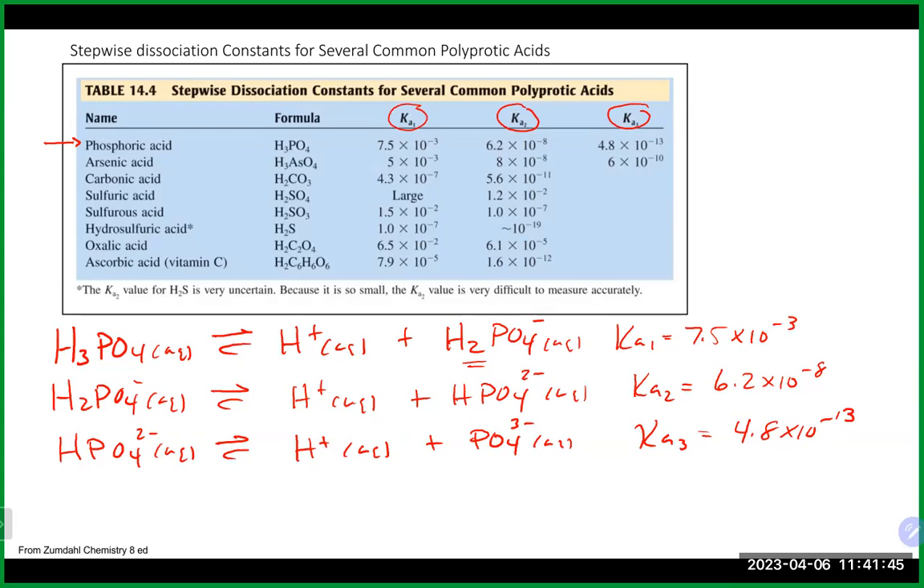Yeah. It does. Everything in parentheses is aqueous. Bless you. Okay. So